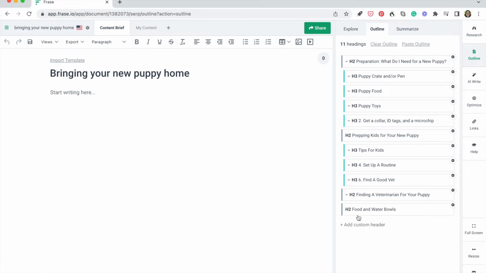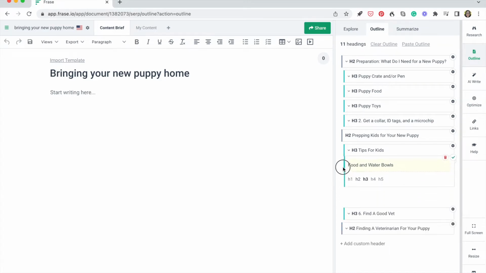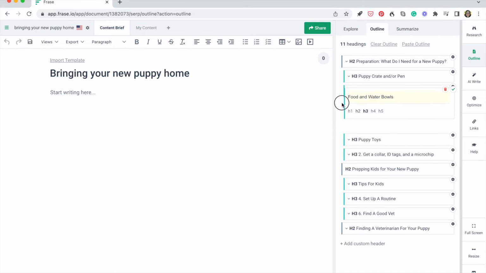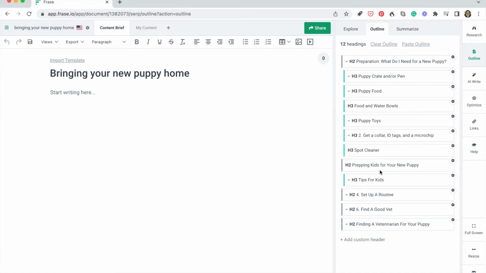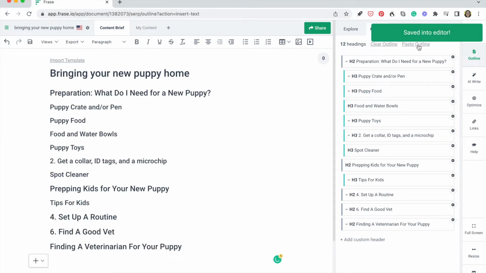Also, you can add in extra headings as I'm doing here, and you can move them up and down. There's a whole range of motion that you can do before you even start putting anything into your editor. Okay. Now you're going to click on Paste Outline to get it into the editor, and it tells you this is